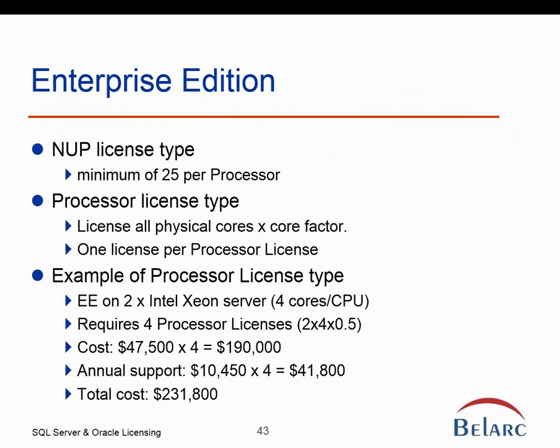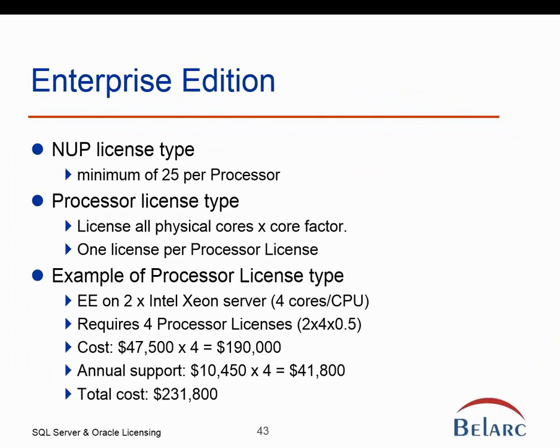Okay, so the rules for the Enterprise Edition. There are two license types, either by named user plus or by processor. In the case of named user, you have to purchase a minimum of 25 per processor. So you'll notice it's not like SQL Server where you purchase a server license and then in addition have to get CALs for the users. Instead, the equivalent of the cost for getting the server is you have to get at least 25 named user licenses per processor for